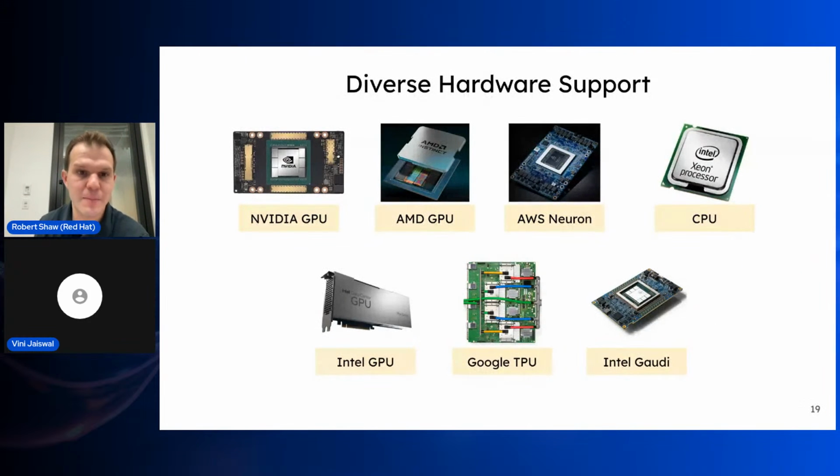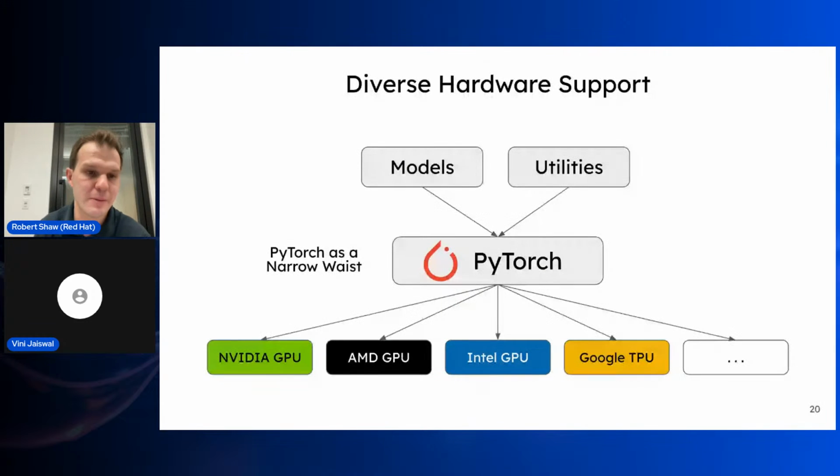Additionally to this, hardware support is another area where we've had a lot of active collaborations with various hardware vendors. So of course, NVIDIA, AMD, AWS Neuron, CPUs, Google TPUs, Intel Gaudi. One of the real key advantages that vLLM has is that we're a PyTorch-based